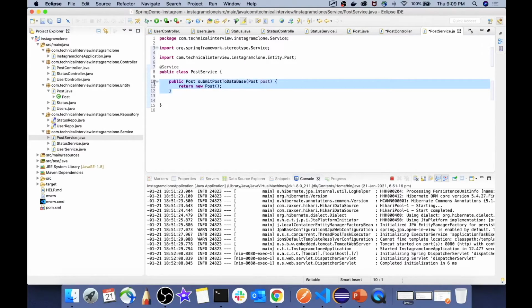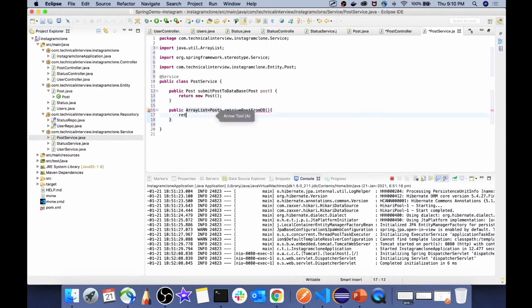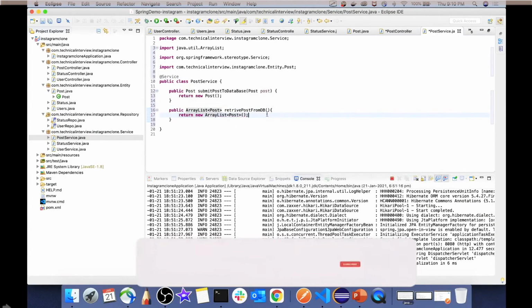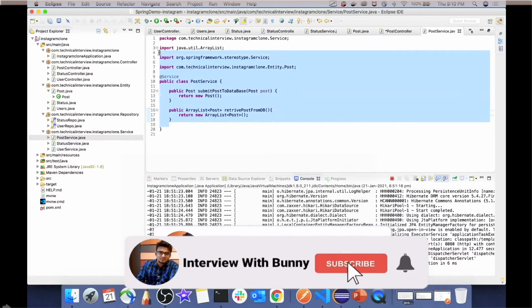So over here we have created a dummy method for doing the post submission. Now let's create the getter method for retrieving all the post objects from our database. So we are done with our post service.